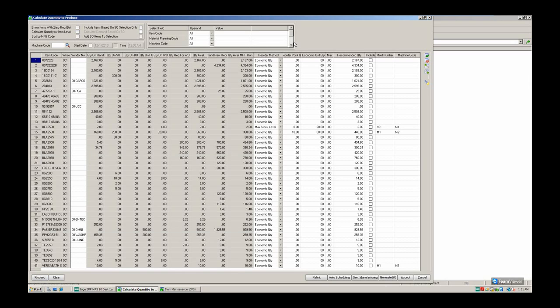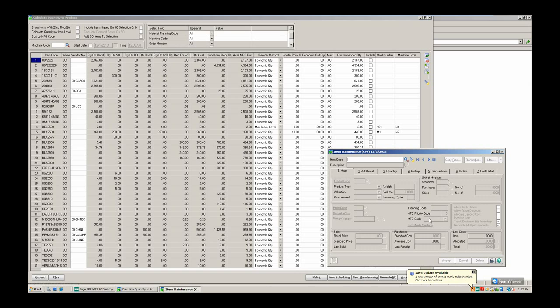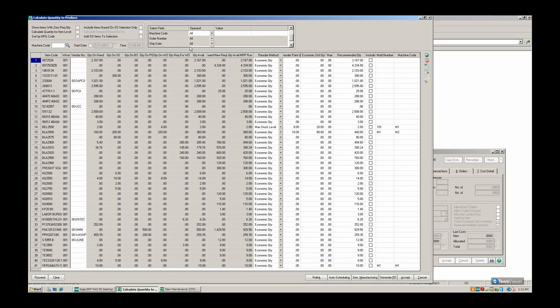In the selection criteria, on one hand, we have the starting and ending numbers for different material planning codes. Planning codes are added to the inventory master file, so we have the ability to group items into different planning codes, maybe Monday mornings, once a month, EOQ items based on EOQ versus based on sales orders that are in the system. Machine codes, different order number ranges, so you have the ability to calculate your demand based on all orders that you are to ship through Friday or any day of the